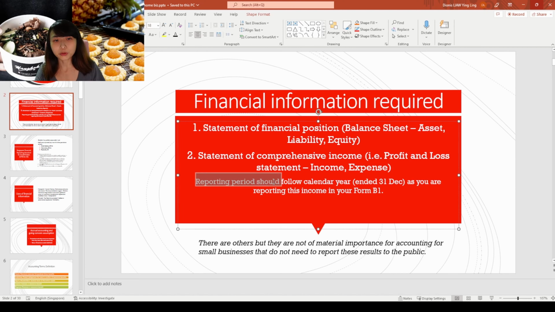Okay, so the reporting period should follow your calendar year, which ends 31st December. And then you will report this income in your Form B1. Later I will share more about the taxes portion, so now we will focus more on the accounting portion first. There are also other kinds of financial information if you are doing full reporting, but they are not of material importance for people doing just simple home businesses,